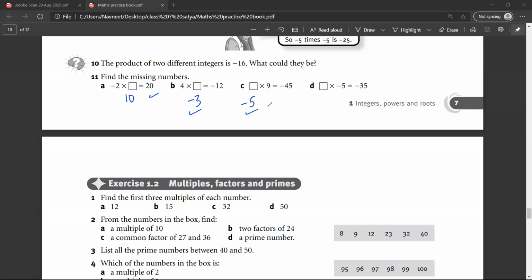Very nice. And then 6. It should be 7. 7 into minus 5 is minus 25. Oh, yeah, sorry. Any doubt? No, sir. So